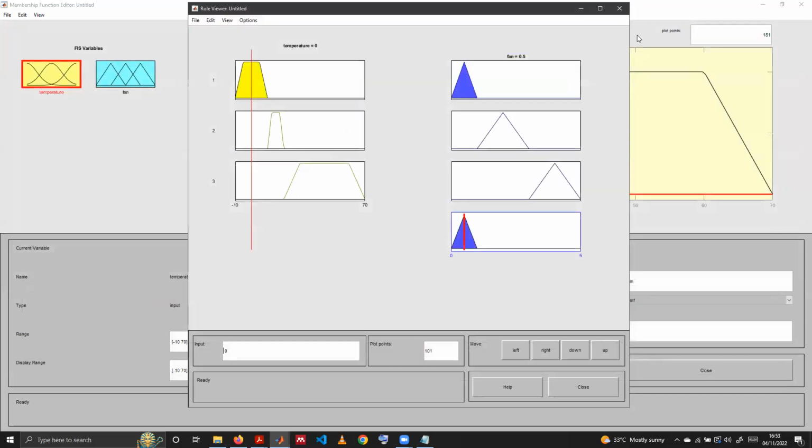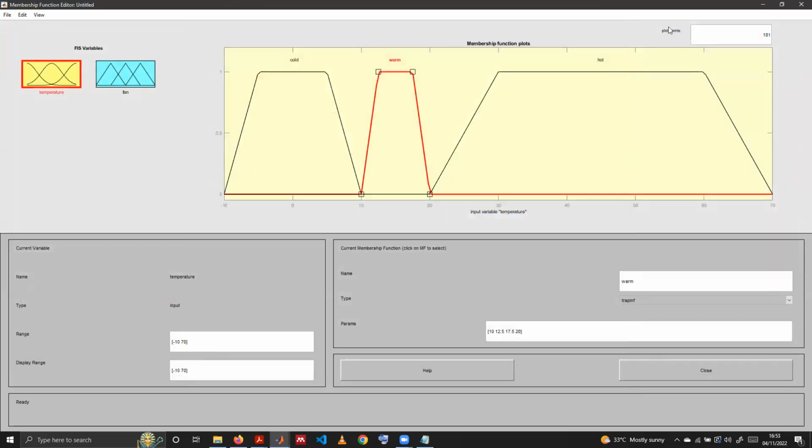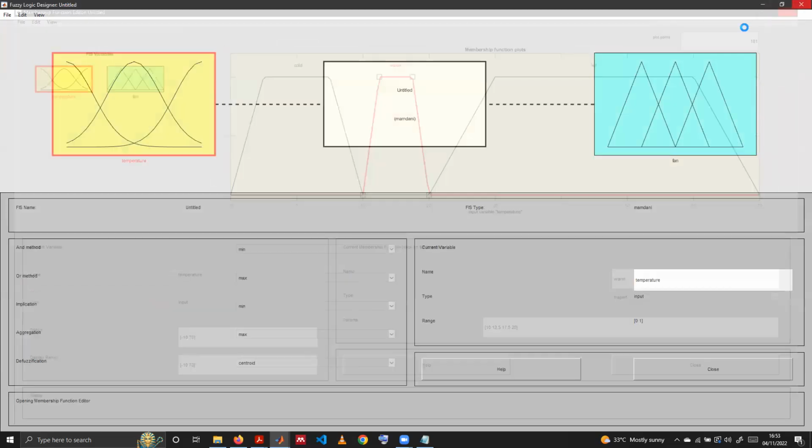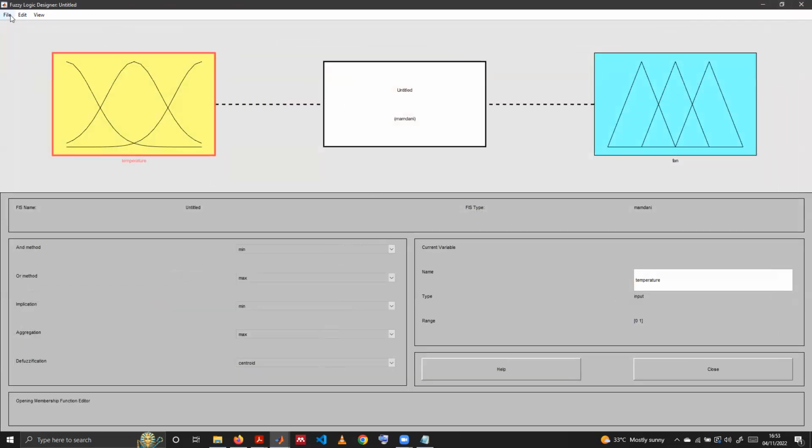So when you finish, when you define the membership functions and you define the rules, you can go back to the home screen. You can come to File, and you can export the fuzzy inference system that you've designed. Now you have 2 options. You can either export to File or export to Workspace. So let me do both so that you can see what they mean. If I export to Workspace,